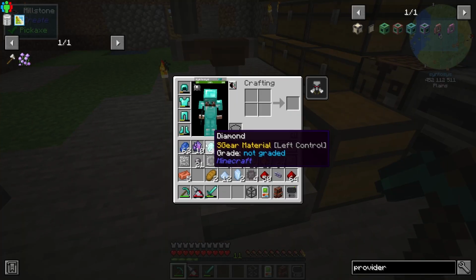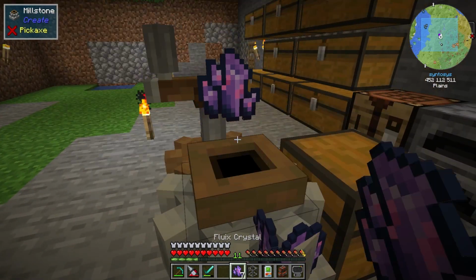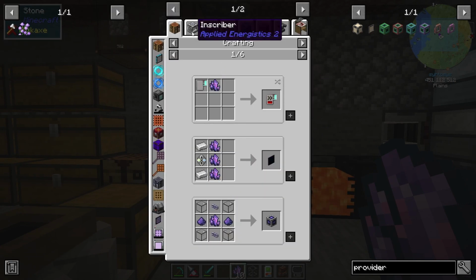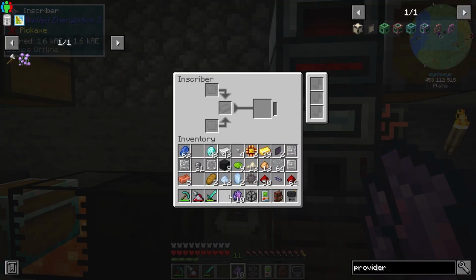So what we are going to do is, obviously we need some fluix. So we're going to go over here, and we're just going to shove a... Is it in there that we put it? How do we get fluix again? Oh, fluix dust. Oh, we put it in that thing. Right, okay. I forgot about that. So let's...